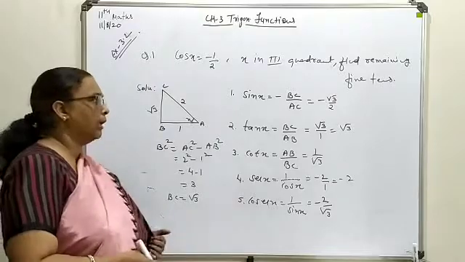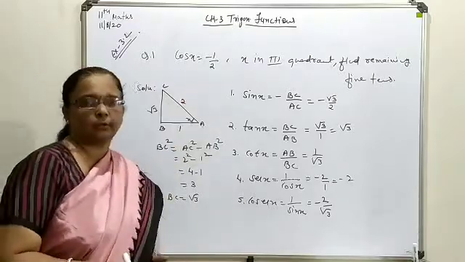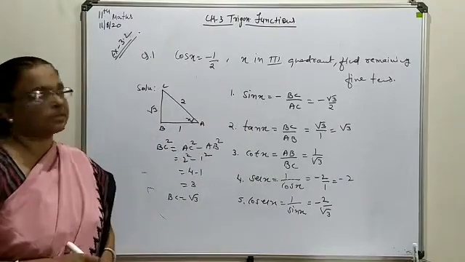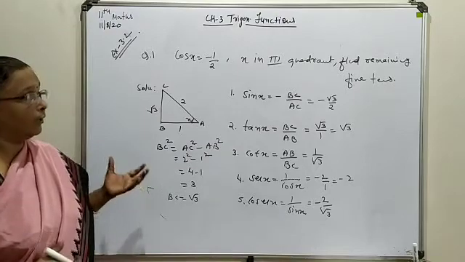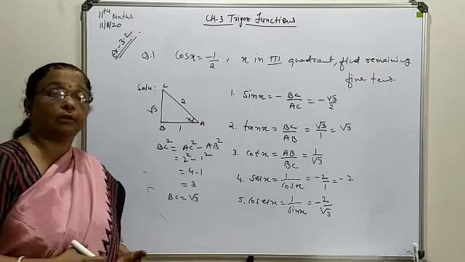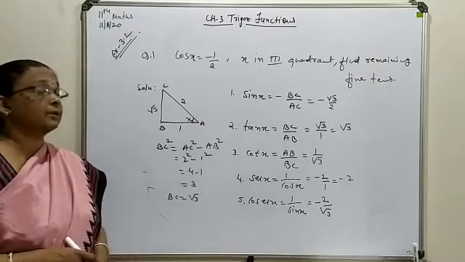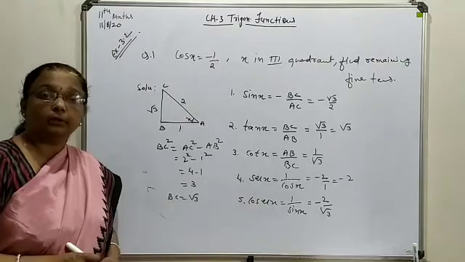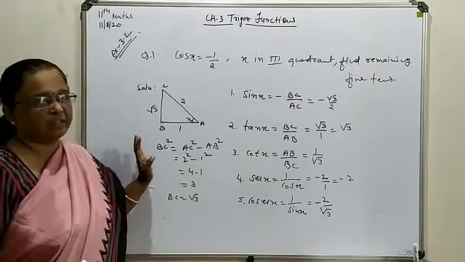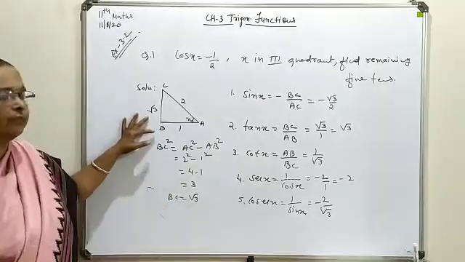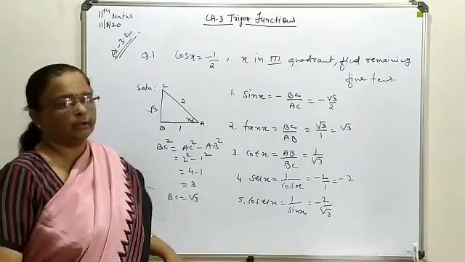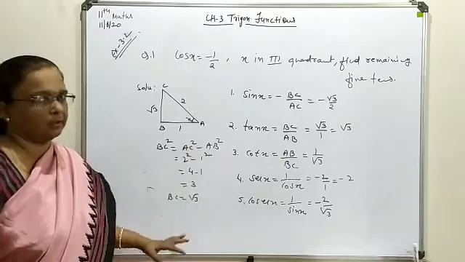under root 3. So this way, with respect to a particular quadrant, you can find the required trigonometrical terms. But especially while you are talking about the quadrant system, you must be very clear in which particular quadrant you are working and what the signs related to this particular quadrant are. Otherwise, a sign problem may arise. So the steps of writing will remain the same. First of all, you will find the missing parameter or length, and then define all the trigonometrical terms and find the solution.